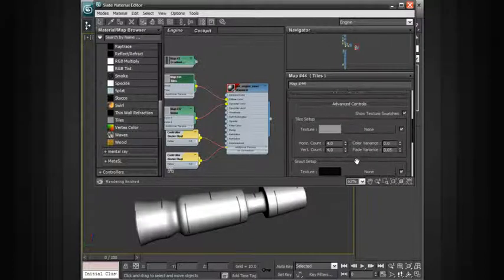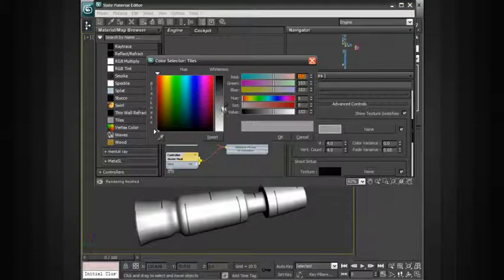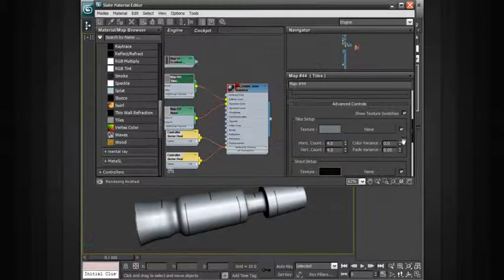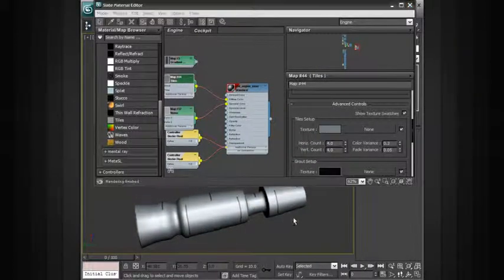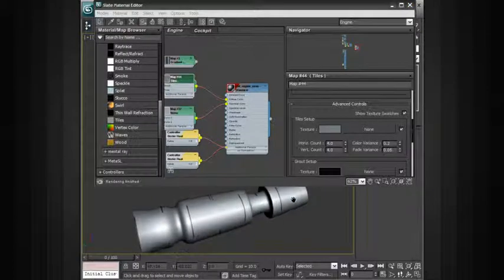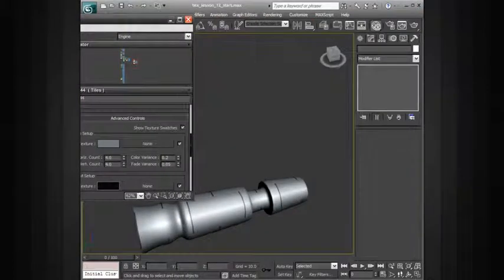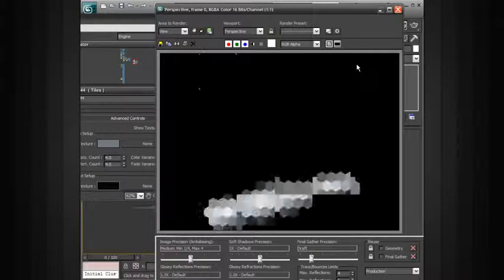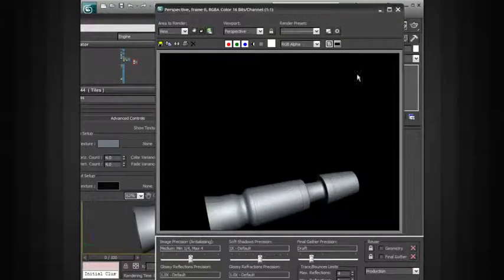Okay. On the texture, we can make this a little bit of a gray with maybe a little bit of blue in there, something like that. Maybe give us a little bit of variance on the color. Okay, if we want to render that up and just see what that's actually going to look like, we can do that. So maybe we get something that looks more like that. We can also add that to the bump